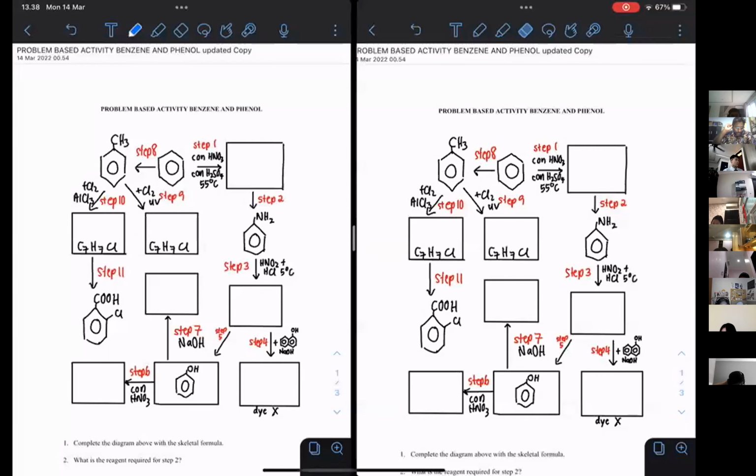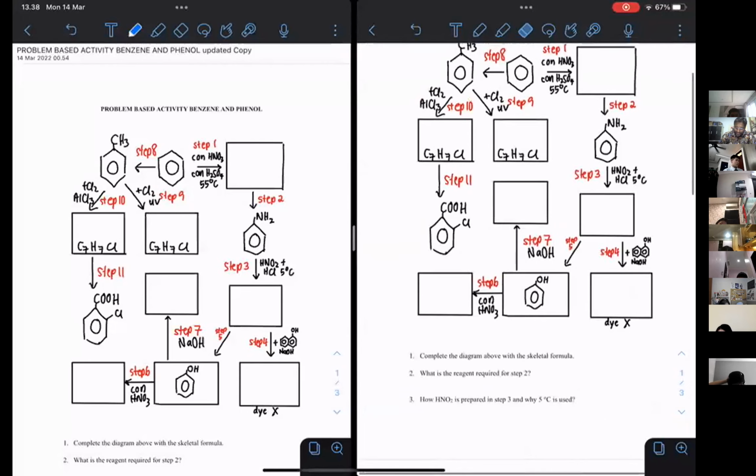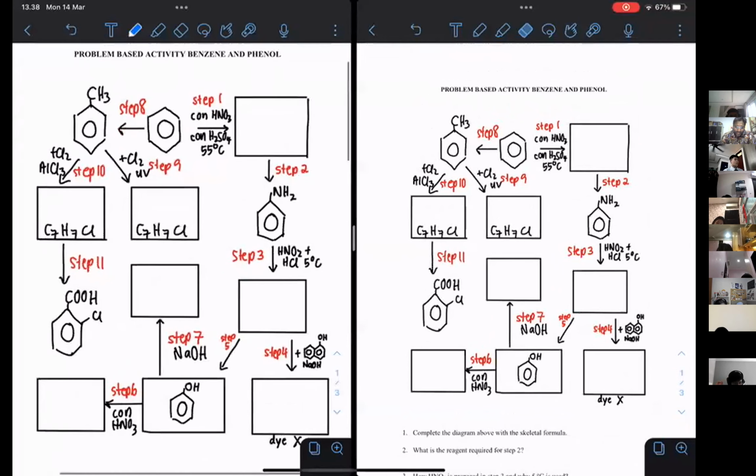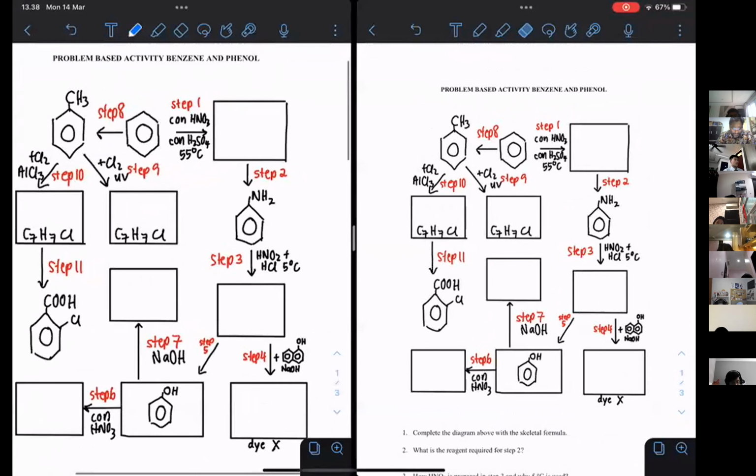So if you look over here, first of all, they ask you to complete the diagram above with skeletal formula. So I think I'll go a little bit faster, because most of you would have actually analyzed this closely just now. So the first step, if you use concentrated HNO3 and concentrated H2SO4, this is going to be a